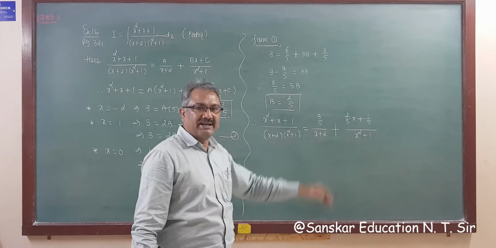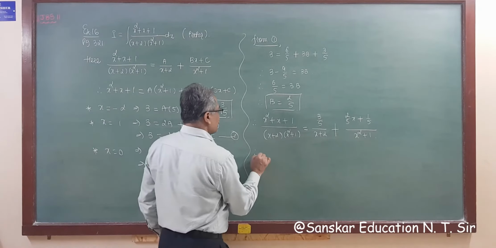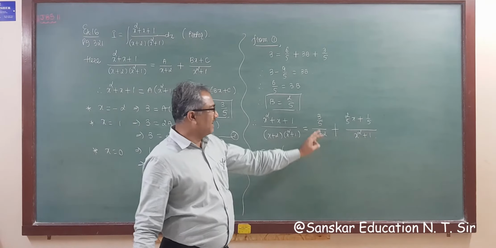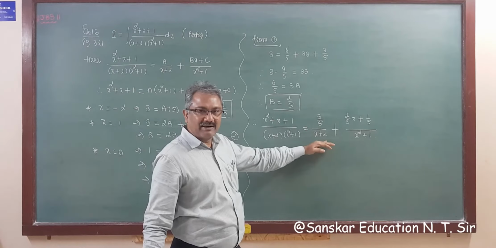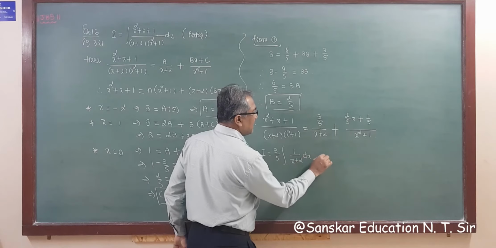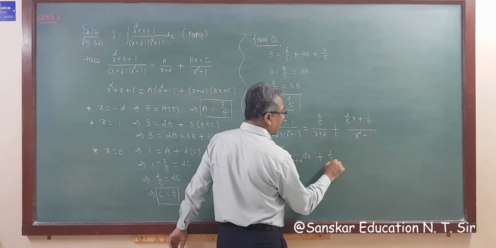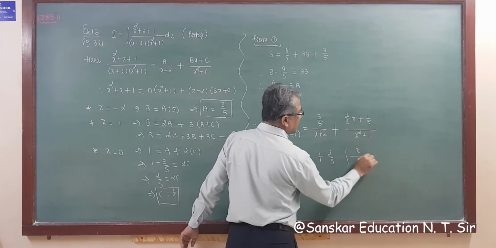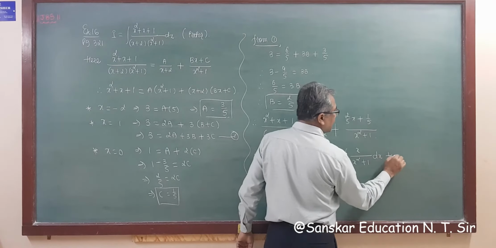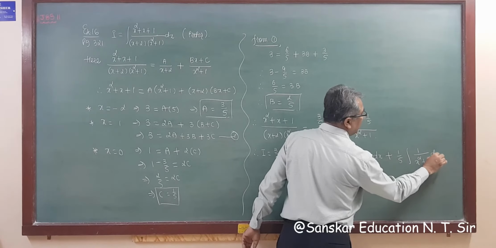So integrating both sides, this becomes I because we don't have any coefficient. So this is your simple I. So I is equal to, I am skipping a few steps of integration, so writing directly, taking 3 by 5 outside the integral sign. So this is 1 upon x plus 2 dx plus, I am bifurcating this, 2 by 5 into integration x upon x square plus 1 dx and plus 1 upon 5 integration 1 upon x square plus 1 dx.